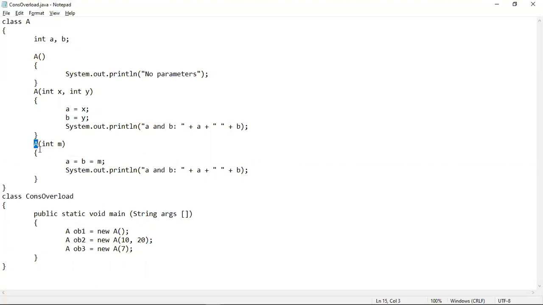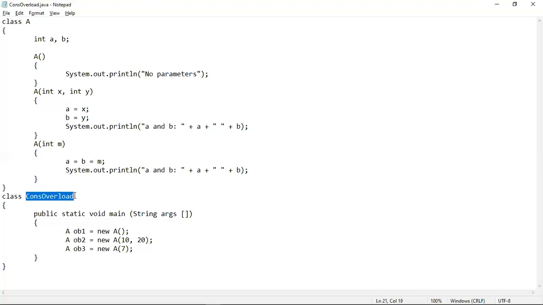The name of this constructor is the same, which is the name of the class. Here I have taken only one integer parameter, and I have assigned the value of the parameter m into both the instance variables a and b. So this is how we can assign one value to multiple variables. And then I have just printed the values of the two instance variables.